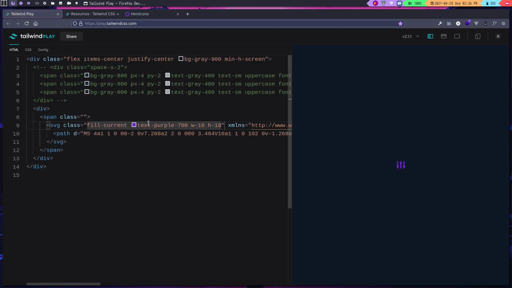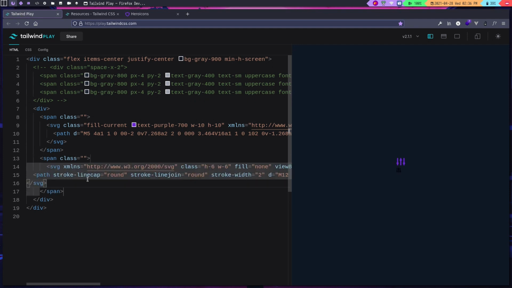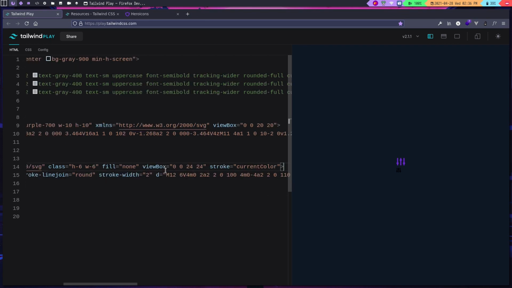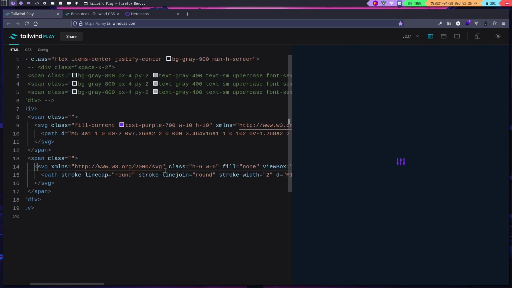Now if I go over here to the Tailwind playground, I am again going to create a span tag, and inside it I'm going to paste the content. Let's format it a bit again. Alright, once I did that, if you take a look over here, they are again adding the stroke as currentColor. I'm going to remove it because we will add it using the utility classes. And also I'm going to remove the class over here. Okay, now let's add the class.